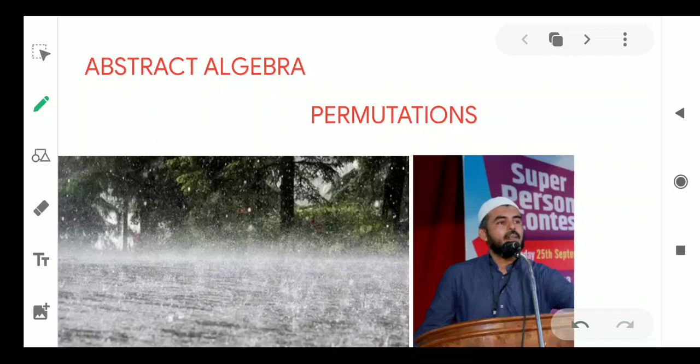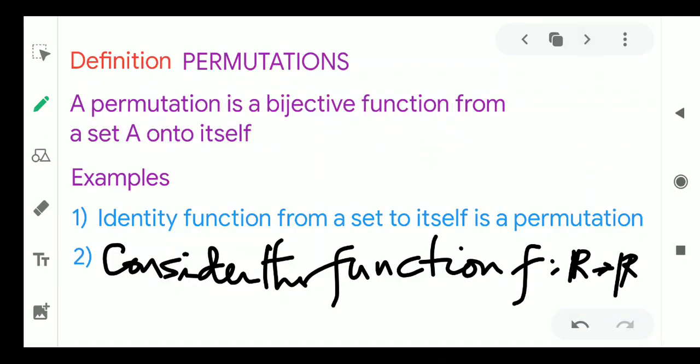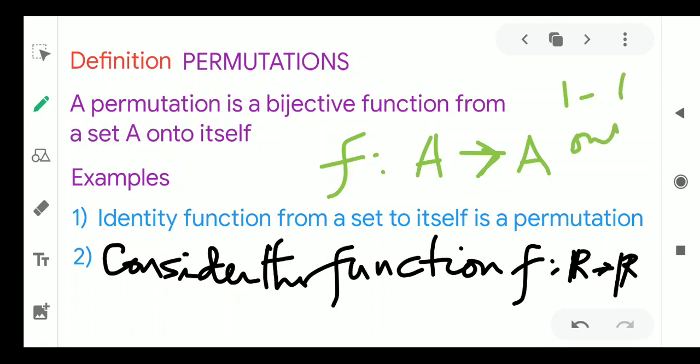First we'll define what permutations are and see how permutations can be collected and formed into a group. Okay, let's have some definitions first. A permutation is a bijective function from a set A onto itself. That means if you have a function f, the domain must be A and the codomain must be A. It's a function from A to A which is 1-1 and onto. So any bijective function from a set A onto itself is